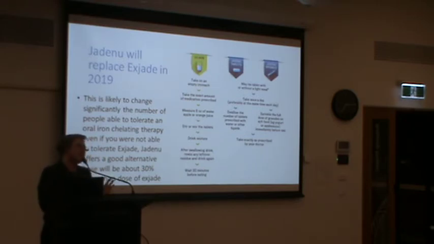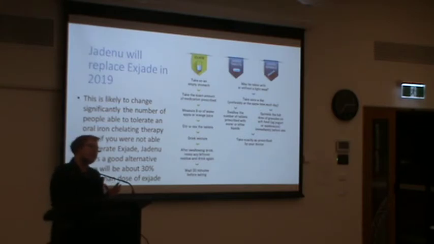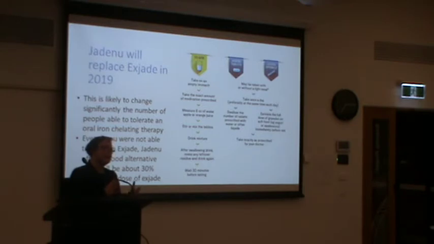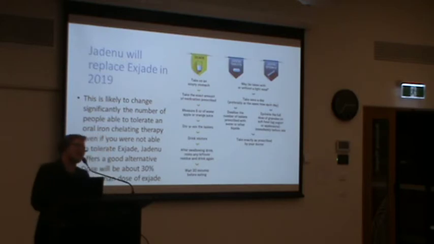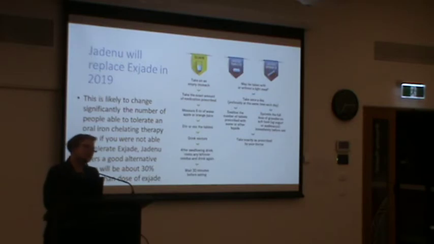So the dose is around 30% lower than XJ, but speaking to some of our colleagues in the US and the UK, we've actually found that because XJ is not well tolerated, people are often taking a dose lower than what we would ideally give if there were no side effects in the gut. So overall, what they've found is patients eventually are on a higher and better dose of Jadanu than they were of the XJ because they can tolerate it better. So it's allowing people to get a better iron chelation treatment because they don't get the side effects with the gut, which is usually the thing that stops people having the full dose of their iron chelation therapy,